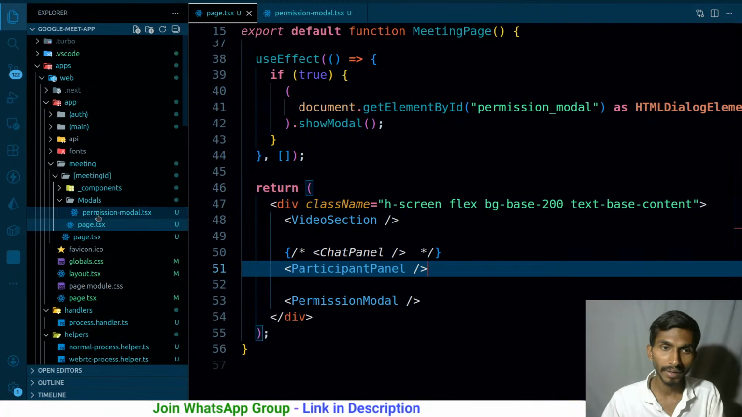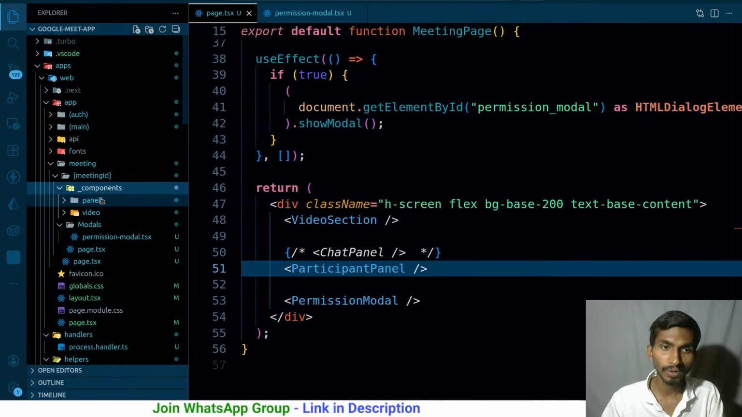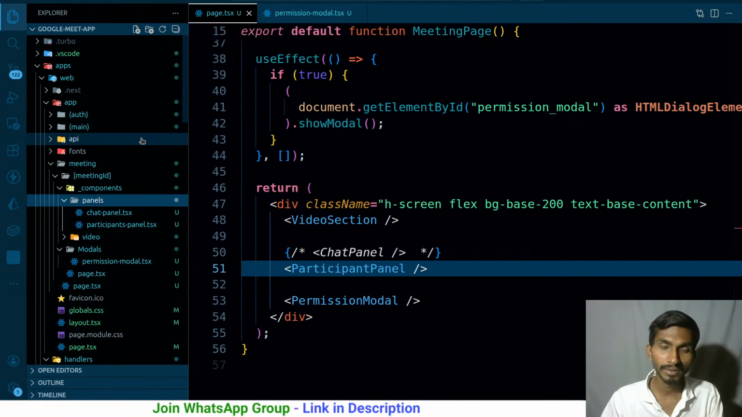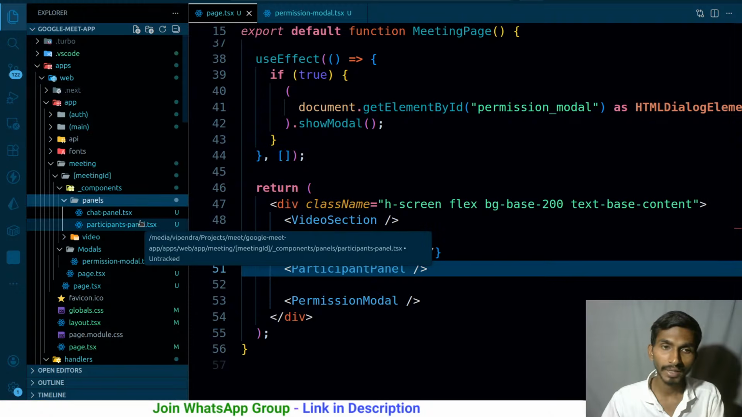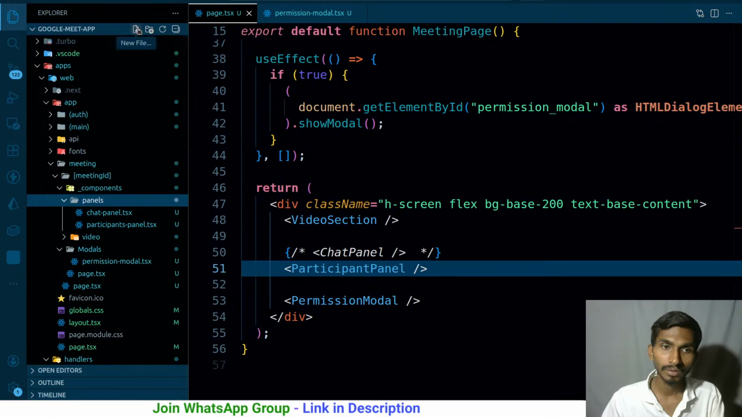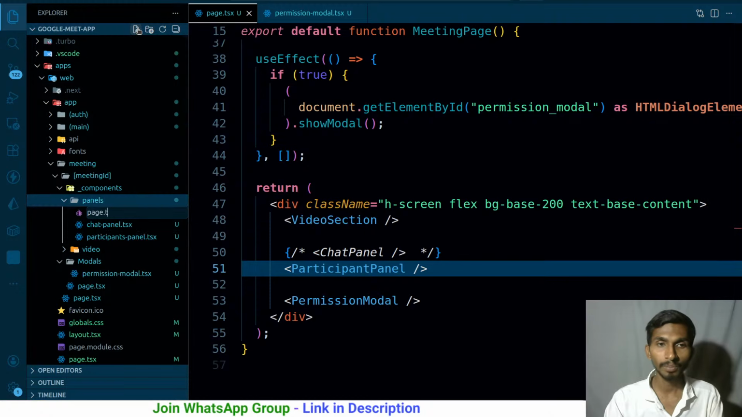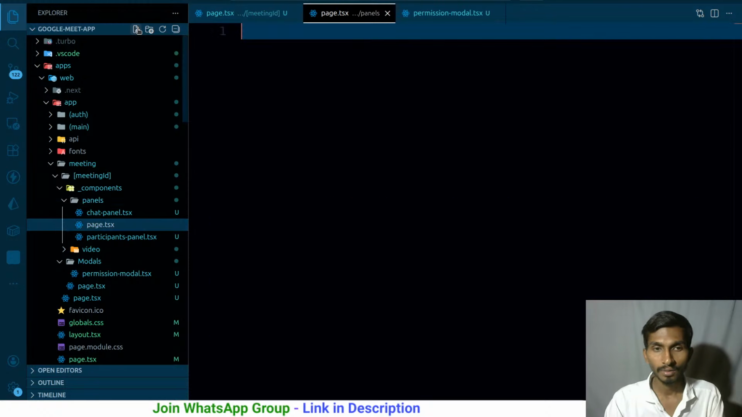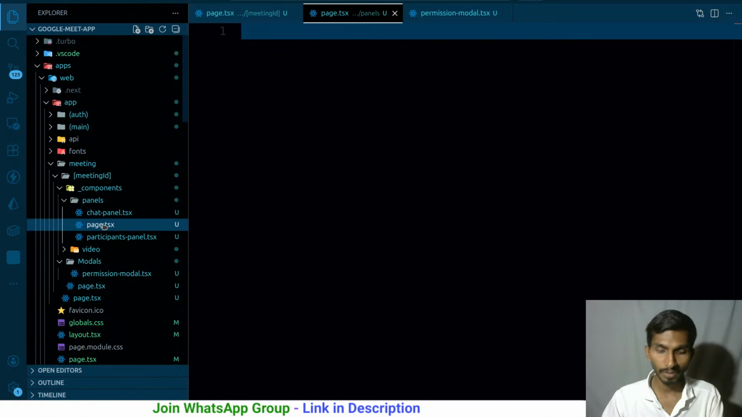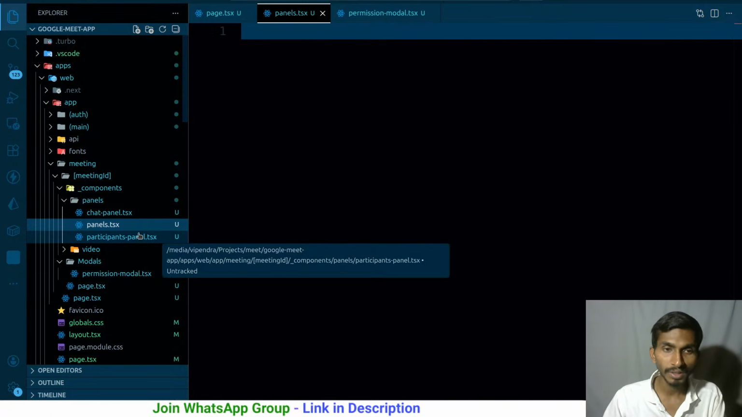And panels, where are they? Inside components I have the panels. Inside panels I have this, right? So let me have main page dot JSX. Not page dot JSX, actually panel dot JSX. Panels dot, I hope the spelling is right. Panels dot JSX and